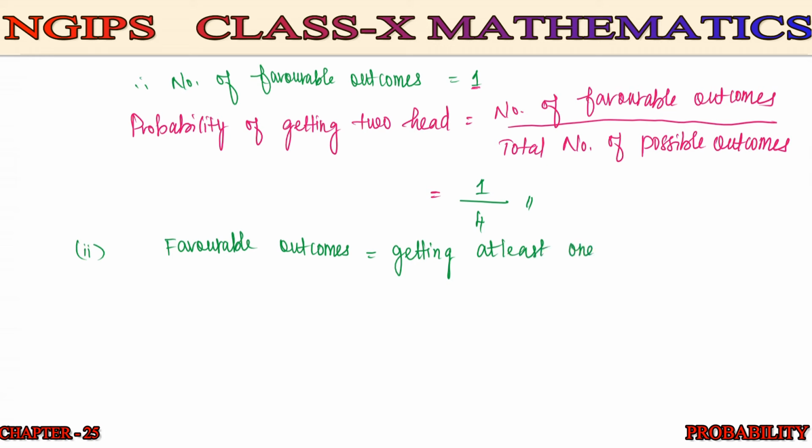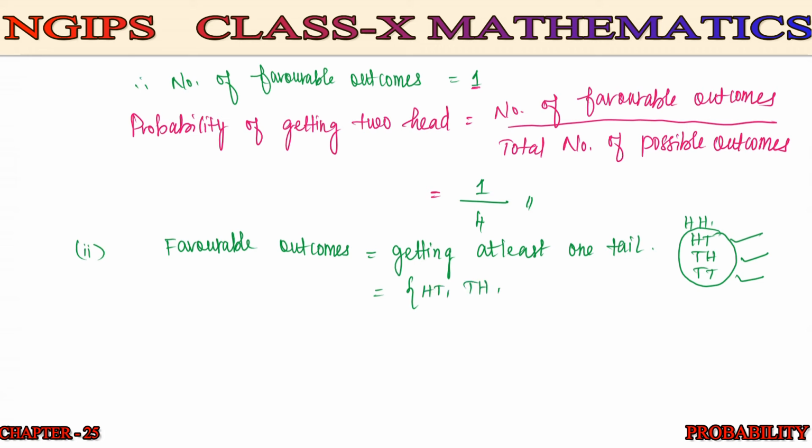So at least one tail, more than one tail. Here we have HH, HT, TH, TT. These are the possible outcomes, right? At least one tail means, I accept the first one, here we have 1 and here also 1, we have 2. So more than 1 means 2 also is included. So I can write here HT, TH,